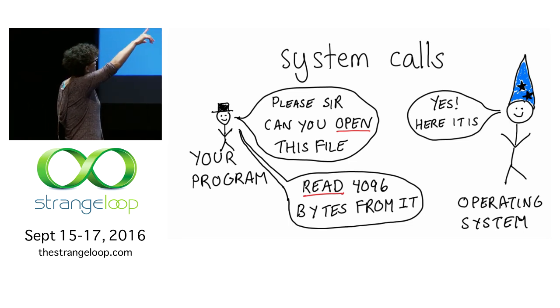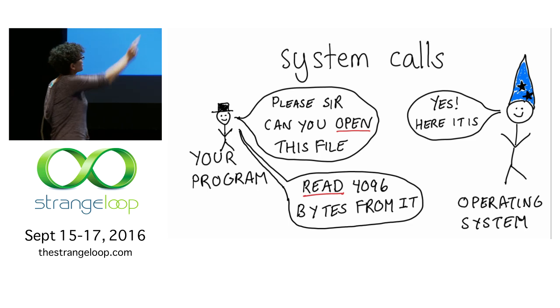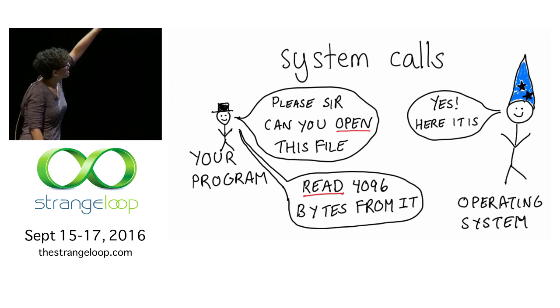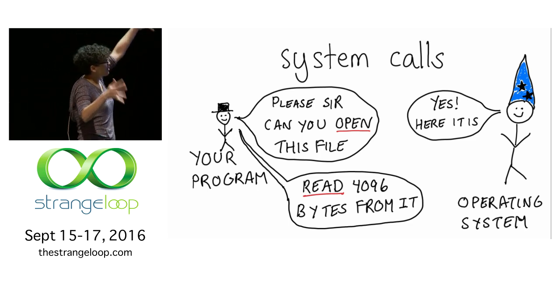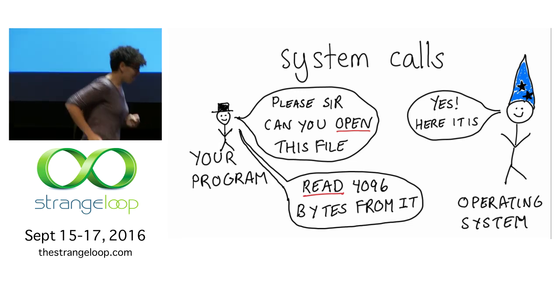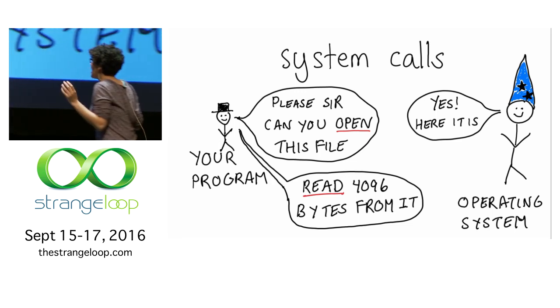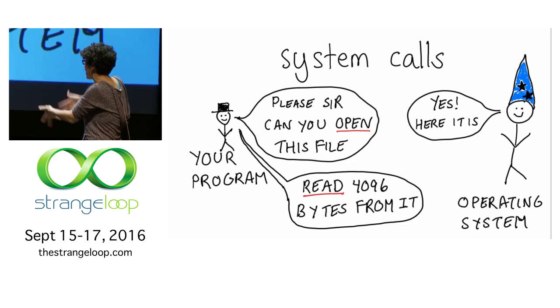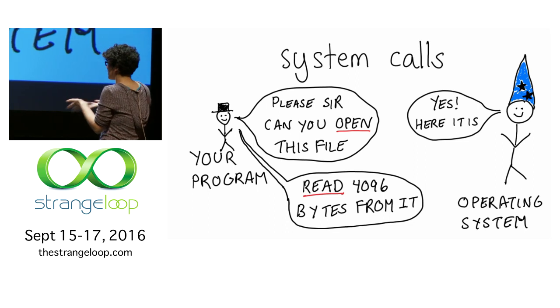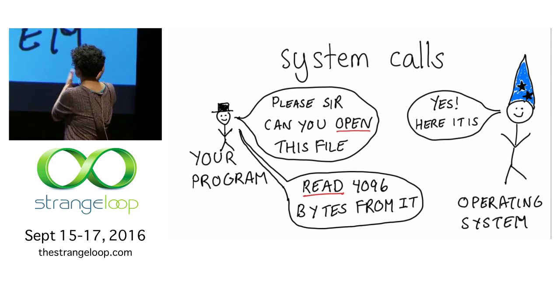in my life. OK, so the way a system call works is you have, like, a proper gentleman, I guess, who's like, please, can you open this file? And then your operating system is on the other side. Operating systems know about all kinds of wonderful things. In particular, they know how to open files. They know what a hard disk is. My program does not know what a hard disk is, really. It's just like, please, file, thanks. So your operating system will give you the file.